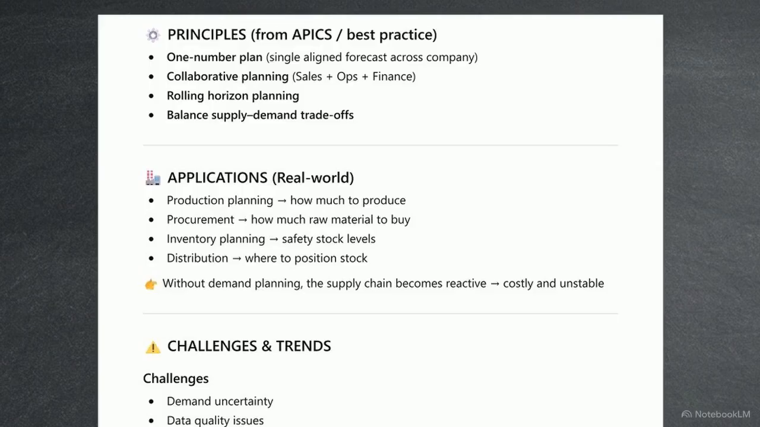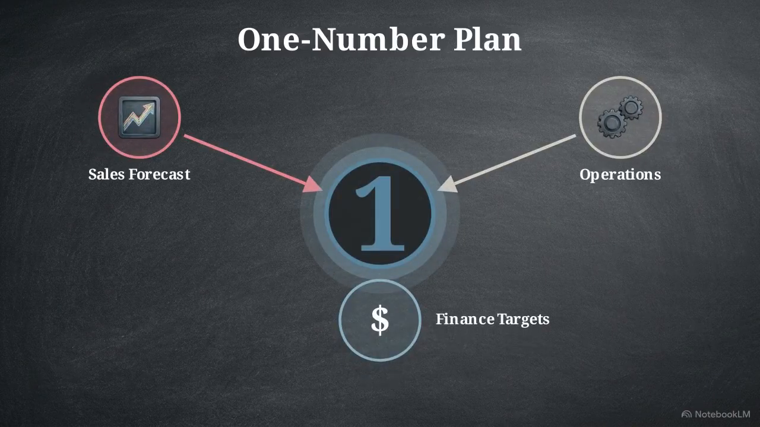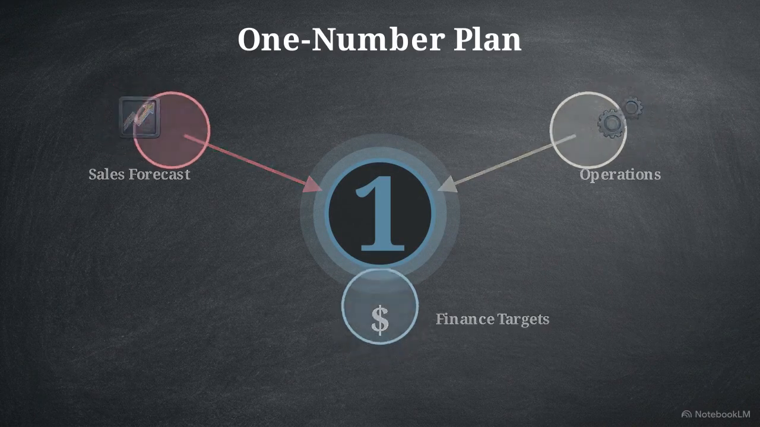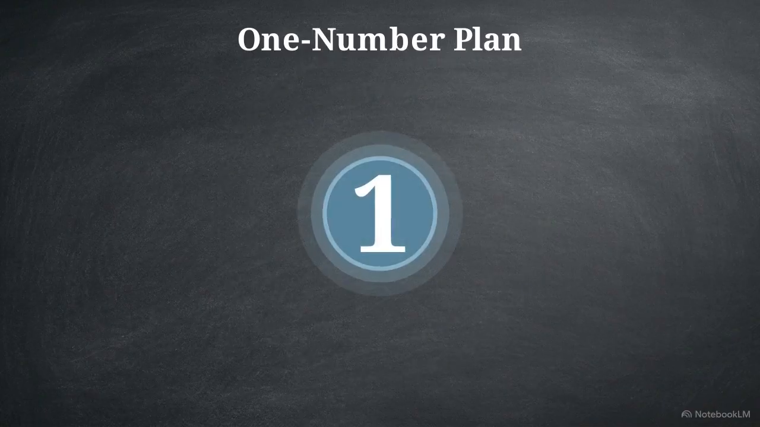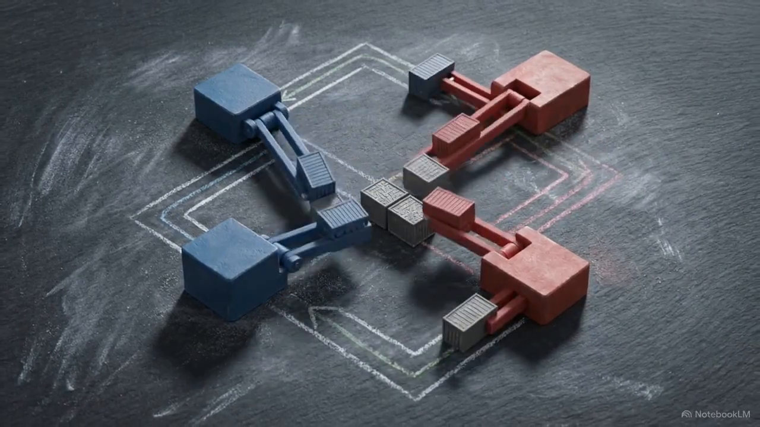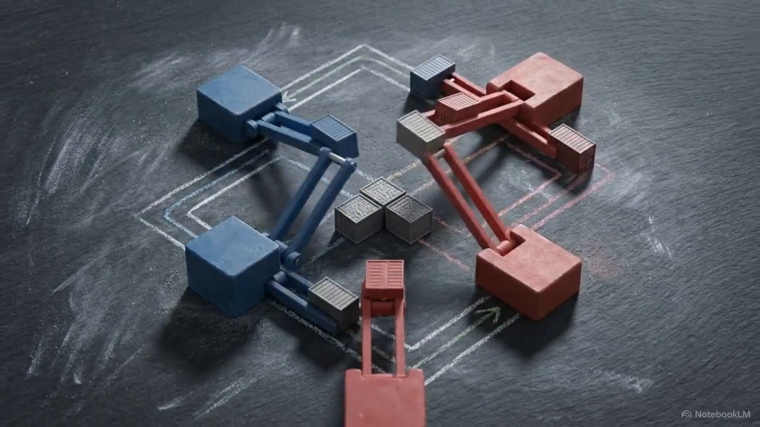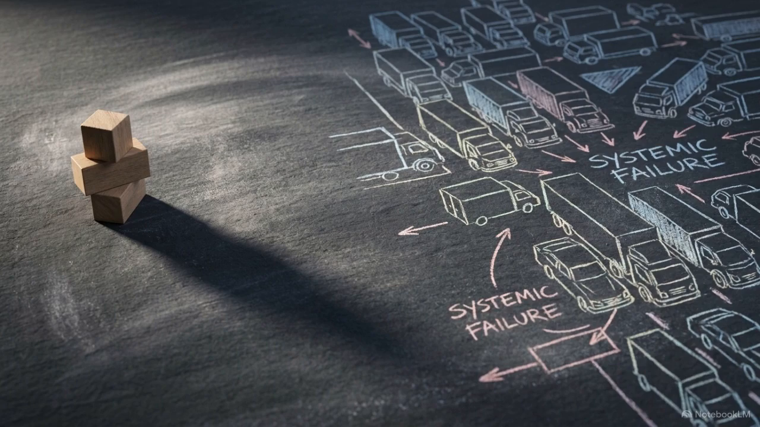To govern this constant updating, we look to the core principles defined by APEX best practices, documented here. The foundational rule is the one-number plan. The entire company must operate off a single aligned forecast. Adhering to that single number requires the continuous balancing of supply and demand trade-offs between competing internal departments. These principles neutralize silos. If sales targets 10,000 units while operations plans to build 8,000, the resulting physical execution will